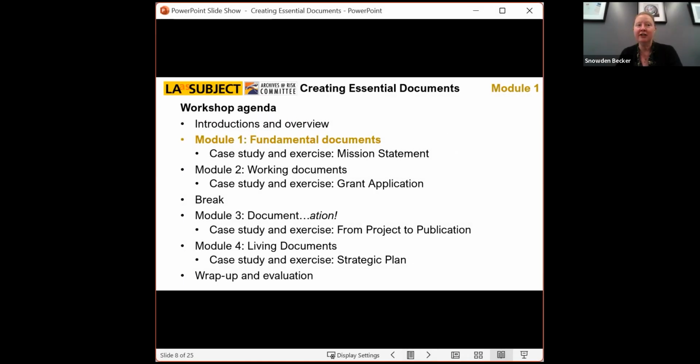With that, I'm going to leap right into Module 1, and we're going to start talking about fundamental documents. I'm going to give a little bit of an overview, just to give you a sense of what's ahead. I'm going to touch on some broader themes and issues when we're talking about fundamental or essential documents,